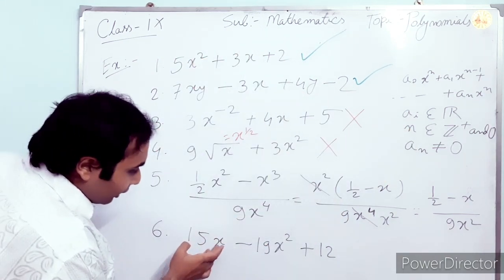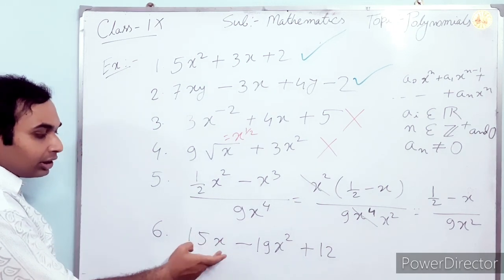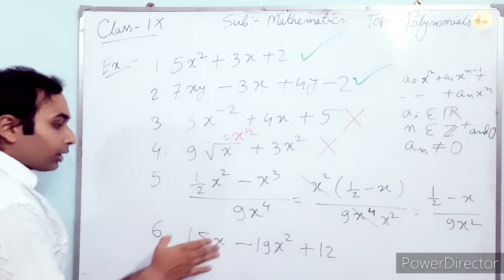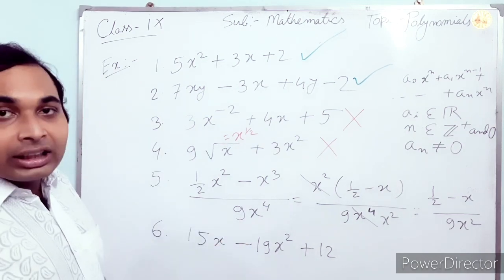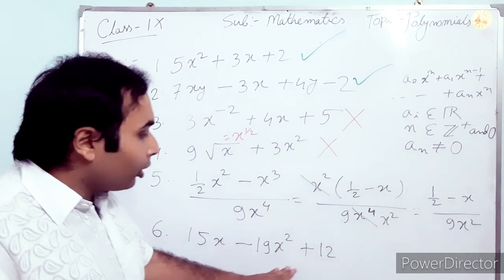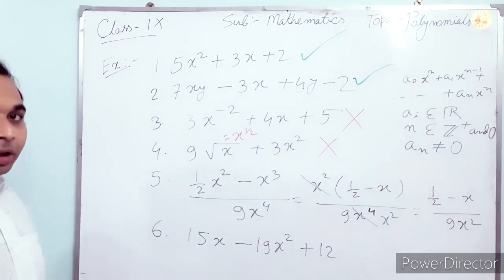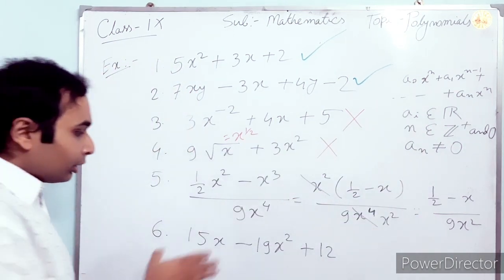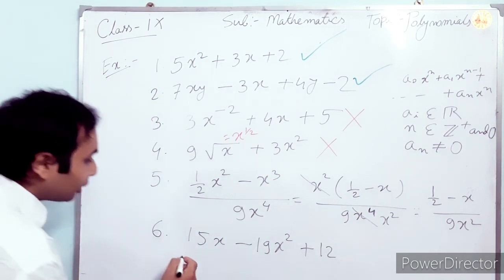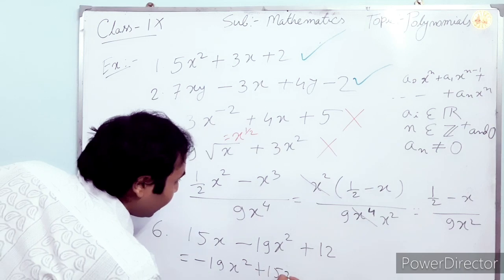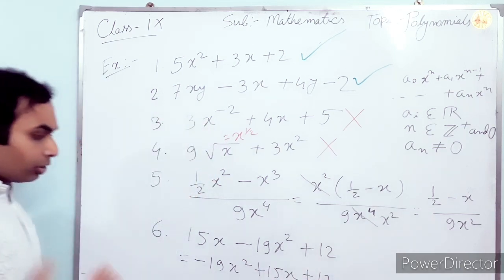Here just see, first of all this power is 1, after that this power is 2. But whatever the arrangements are there, this is satisfying all the conditions of the definition of the polynomial. So if we write this one in this way, minus 19x square plus 15x plus 12,